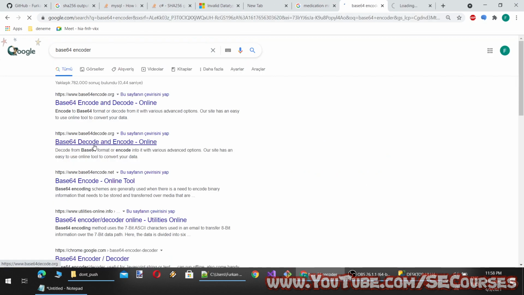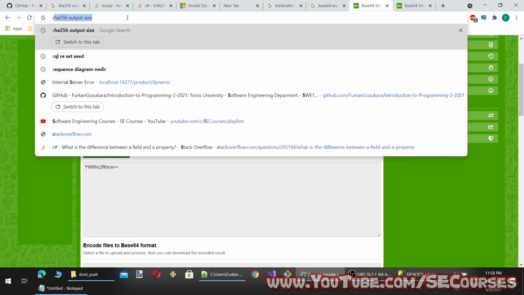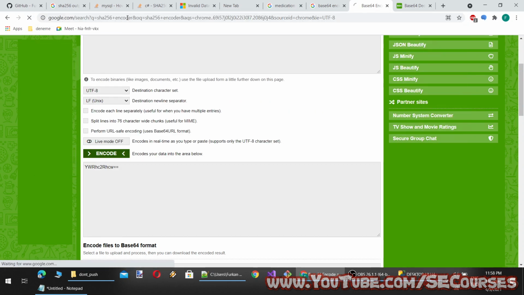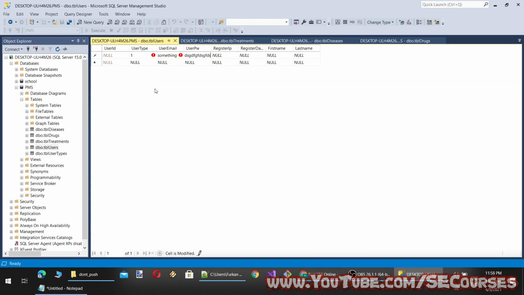Let's use some base 64 encoder. Okay, there is an online tool. Yeah, something like this. Okay. And register IP, something like this. Register date, we can leave it null because it will be UTC date time. Okay.